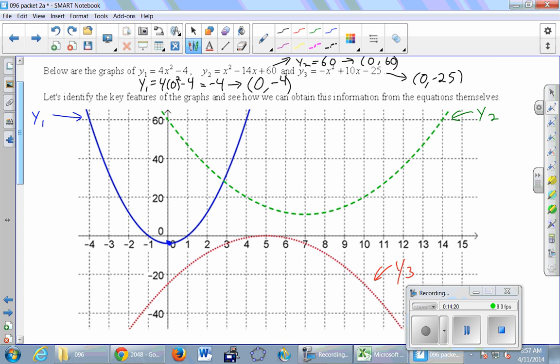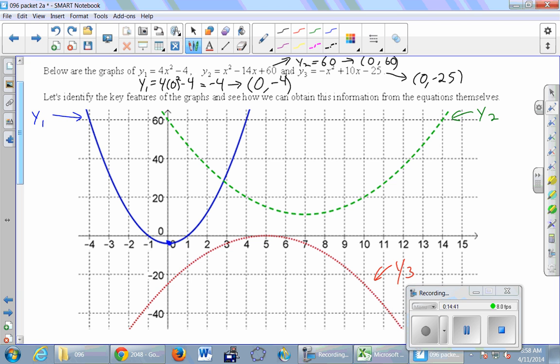Okay, so 3 complicated equations, and they're 3 graphs. We figured out which one is which. And now we're just going to talk about some of the relationships between the equations and the graphs. The ultimate goal is to be able to take an equation and from scratch generate that graph. That's the goal for today. So first observation,